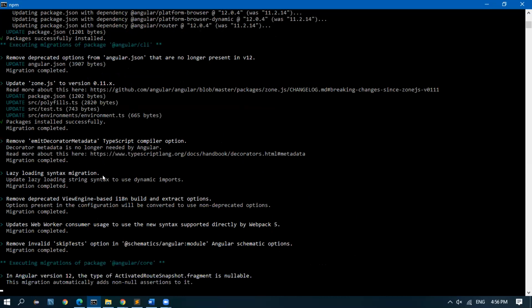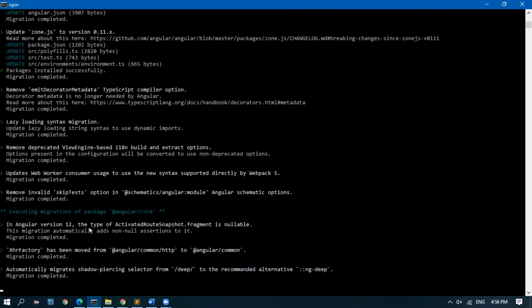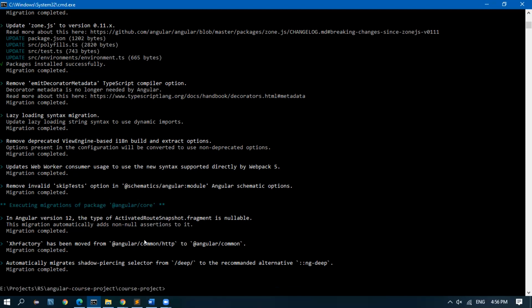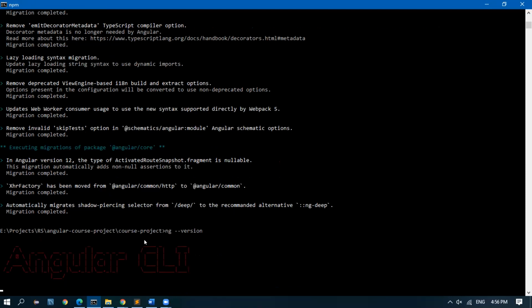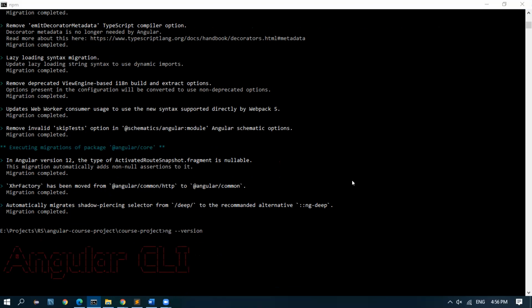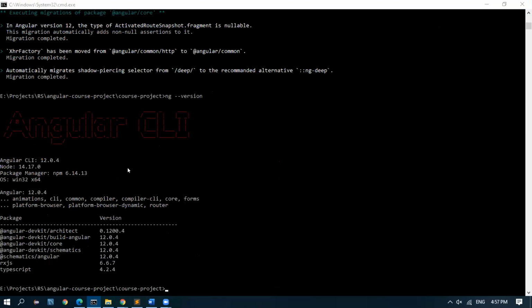Okay. So the upgrade is done, I think. Now if I give ng hyphen version, I should see 12. Rajesh, you are doing an upgrade. Before, in our system, we don't have an upgrade. No, my global version was 11. I didn't upgrade it. I had only 11, and individually inside the project I updated.